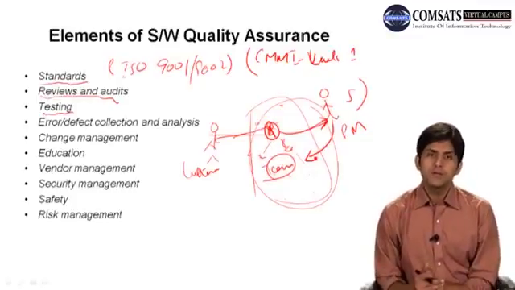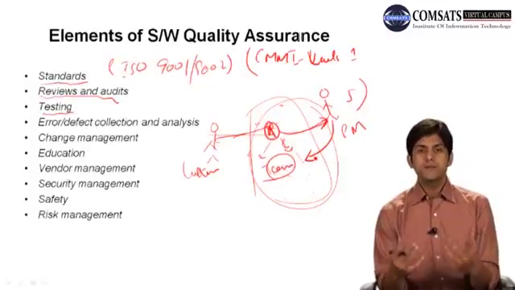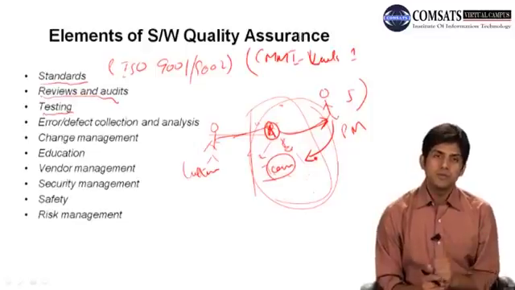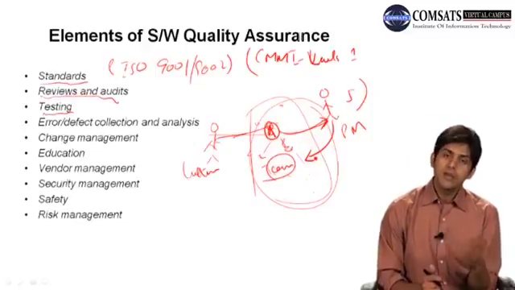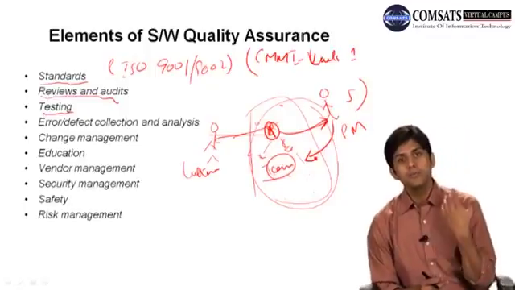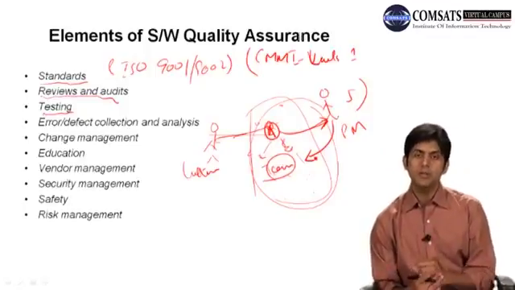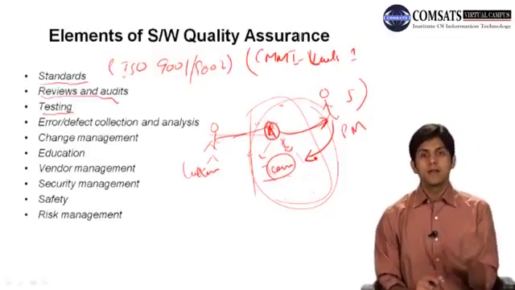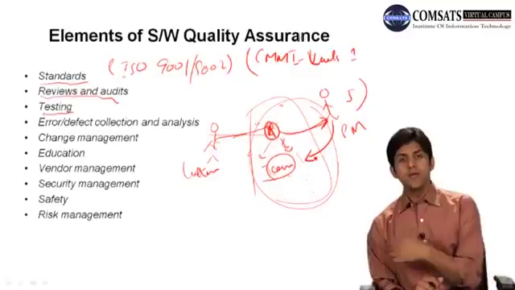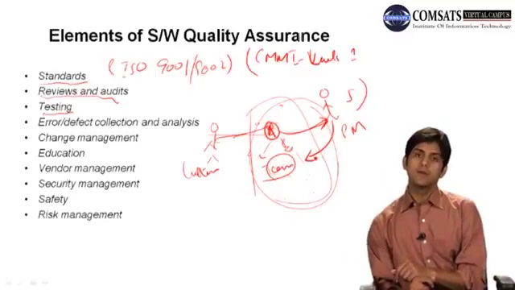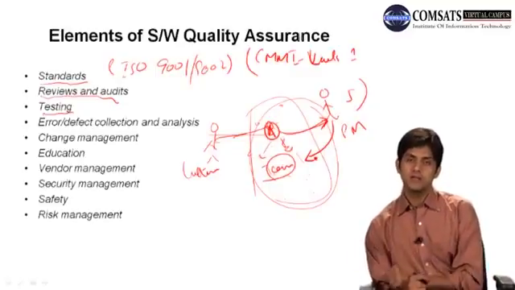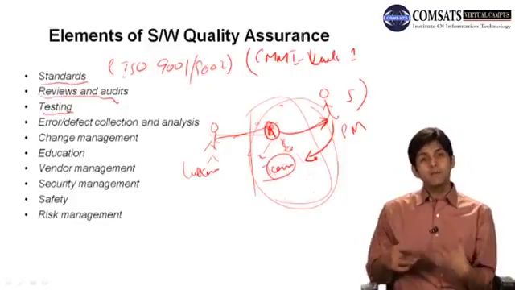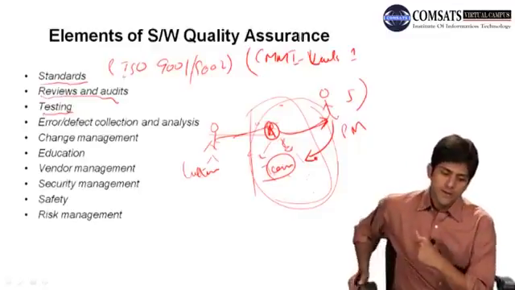Then another element of software quality assurance is education, that we need to educate our team, okay, about the standards, okay, about reviews, okay, and about how to test the product, okay, how to generate different reports to make sure कि हमारा testing process कैसा है, how we need to educate them about change management, ठीक है. There are different companies who send their employees to get trained on any of these models. CMMI certified लोग होते हैं, and then they have ISO certified. So basically you need to have people, you need to educate people about quality as well,